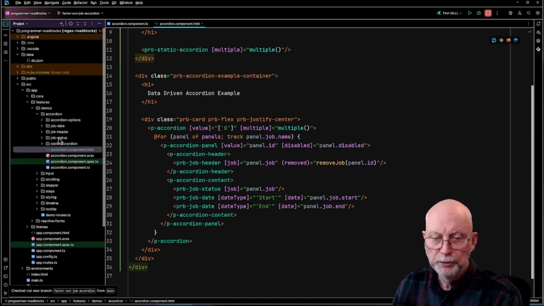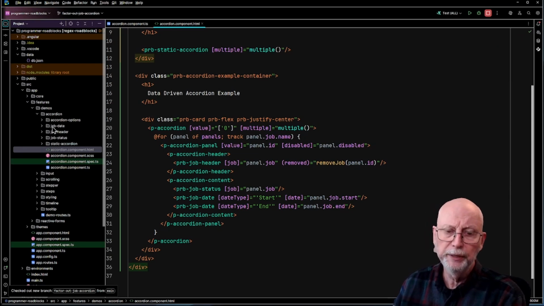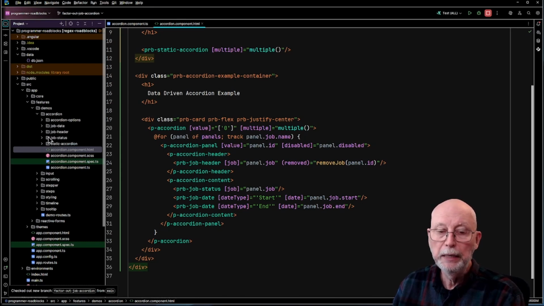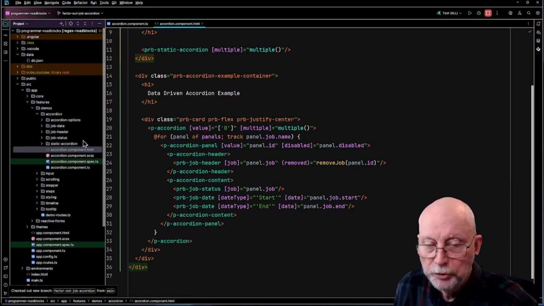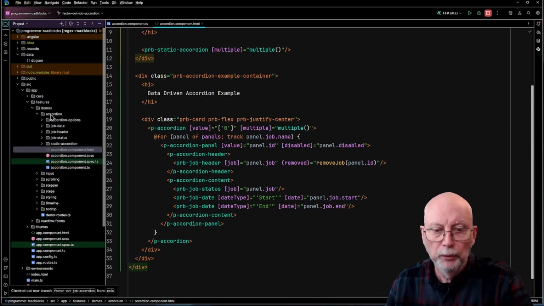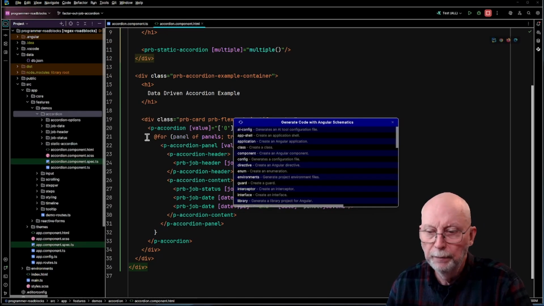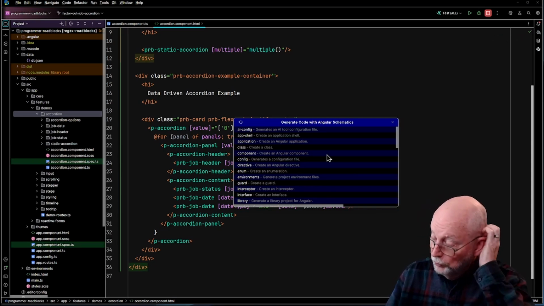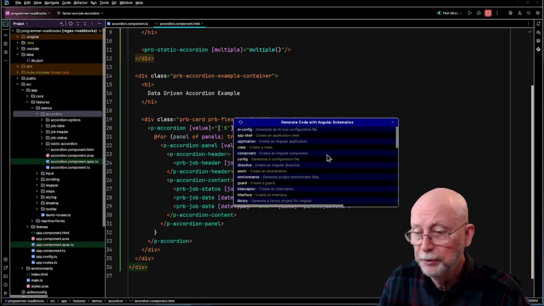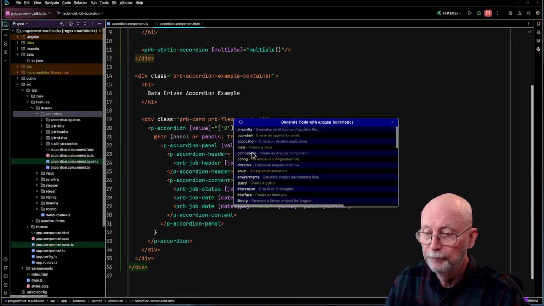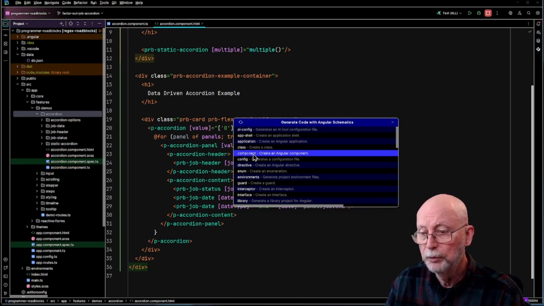And what I want to do is create a job component, and I want to put all of these job components here under that. It'll be a job accordion. We begin by going here and saying new schematic. Now I'm using WebStorm. WebStorm has a lot of the tools in here that make it a lot easier than doing it at the command line. So I'm going to say a new component,